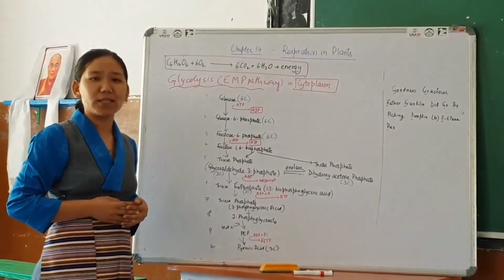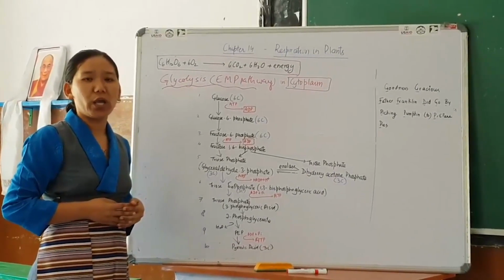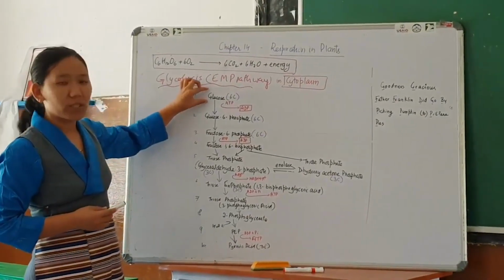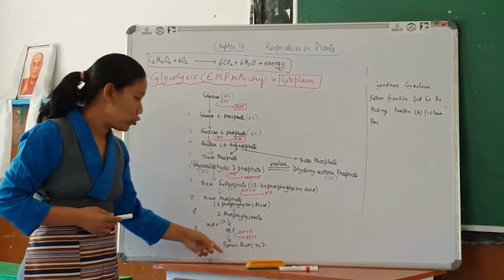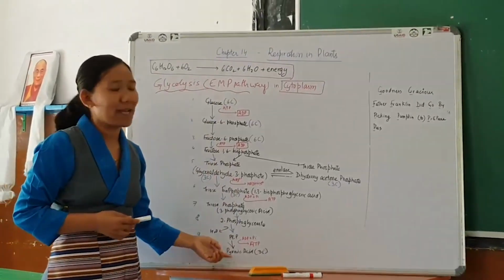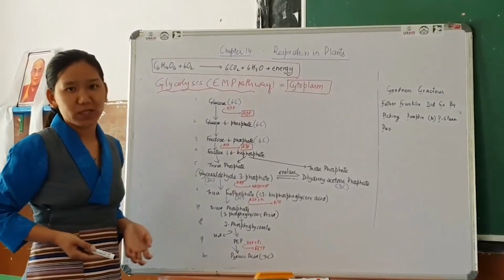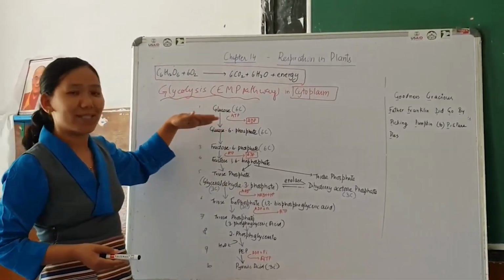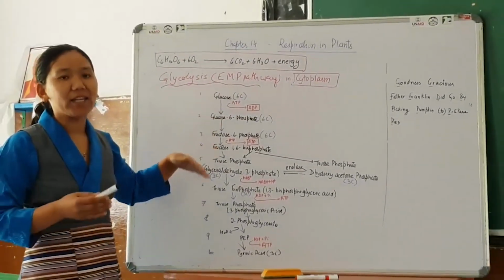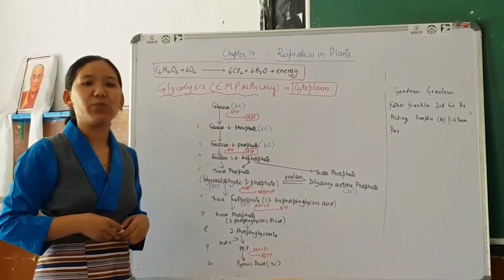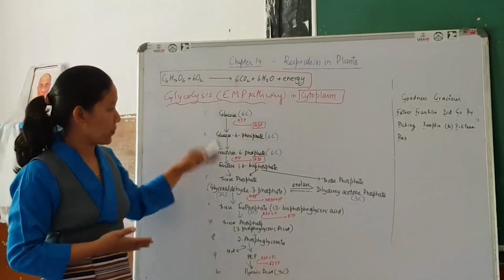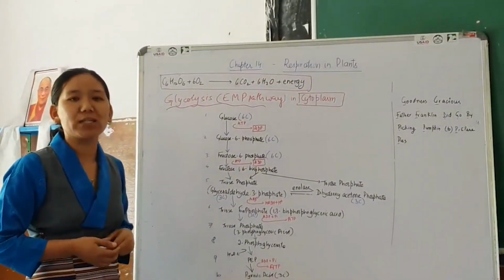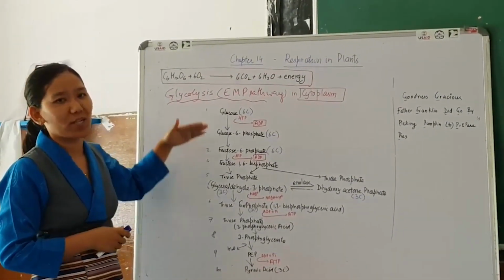So glycolysis is a reaction where glucose, which is a 6-carbon compound, is finally converted into 2 molecules of pyruvic acid, as we have discussed, which takes place in the cytoplasm, and it is a 10-step reaction, and each step is catalyzed by an enzyme. For this class, we will not be focusing on the enzymes, we just look at the steps here.